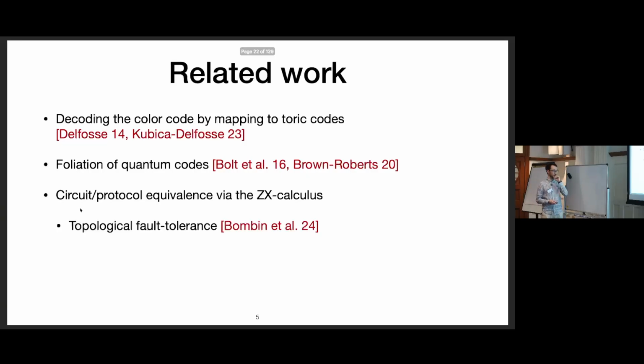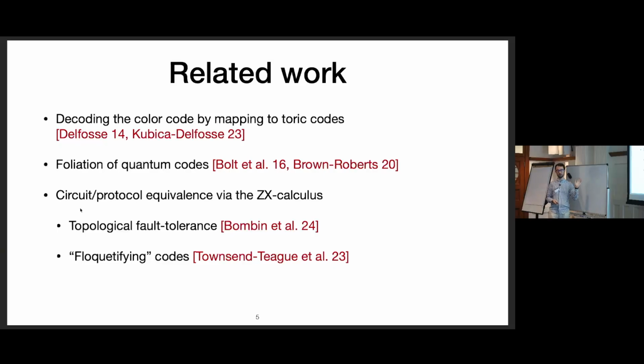the ZX calculus. So there's this nice paper from Quantum where they showed that for topological codes, you can think of Floquet codes, MBQC, FBQC, and circuit-based as all different expressions of the same fault-tolerant structure. And there's also this work on Floquetifying codes, so I have some static code, and then I want to find the Floquet version. And then also there's this nice recent line of work by Ben Rodutz and Alex Kissinger and